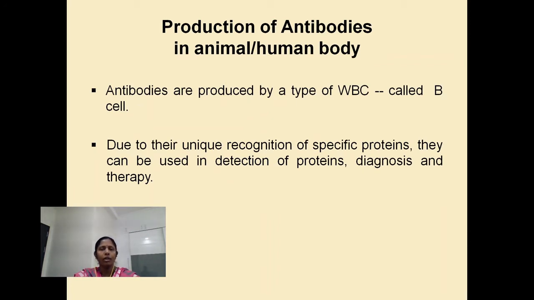Antibodies are protein molecules produced by a type of WBC, namely the B cells or the B lymphocytes. These protein molecules have the unique ability of recognizing specific proteins and interacting with them. It is due to this ability that antibodies are capable of identifying and neutralizing toxins and pathogens, thereby offering protection to the individual. It is due to the same ability that antibodies have become highly useful in various applications like detection of proteins, receptors, enzymes, diagnosis of diseases, and in therapeutic strategies for diseases like cancer.